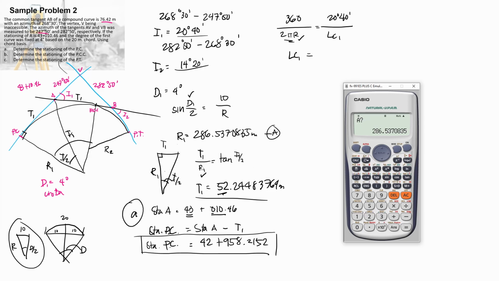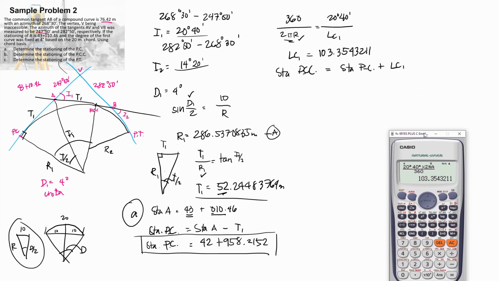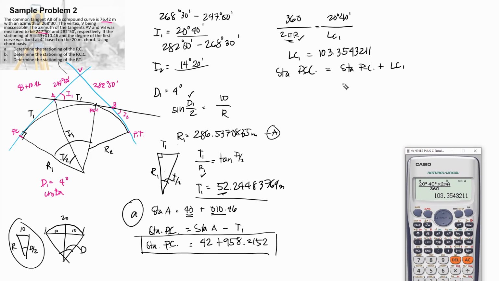So 286.537, 103.34 or 3543. So 103.3543211. And then for station PCC, equal siya kay station PC plus the length of curvature nung first curve natin. So that is